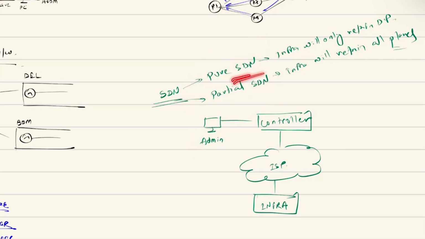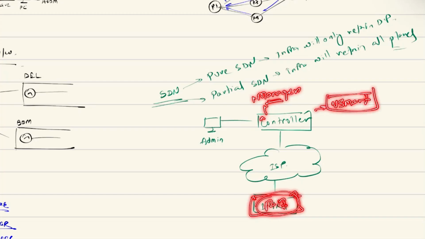Because in pure SDN, if you're managing a router of the SD-WAN solution, you get vManager over there. Those of you who know what SD-WAN is and how it works know that you get something called vManager and also something called vSmart, as two different controllers. One handles the management plane, the other handles the control plane. Your device is nothing but the data plane.